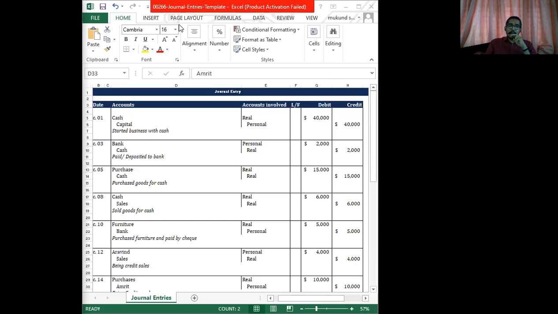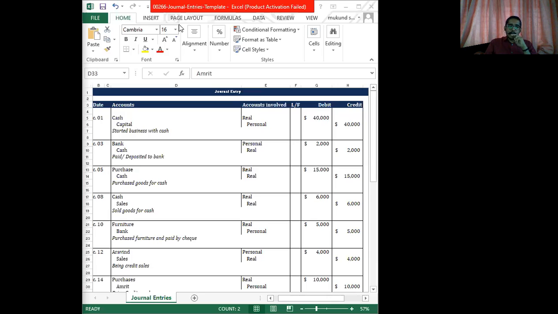When it comes to December 12th, sold goods to Arvind rupees 4,000. If you see a transaction of purchase or sales having the name of a person, that transaction will always be a credit transaction, right? Here, sold goods to Arvind rupees 4,000 means it is credit sales. So Arvind account debtor to sales. Arvind is a personal account and we are debiting the receiver who receives the goods, as Arvind can be considered as our debtor, and we are crediting sales because the stock has decreased.